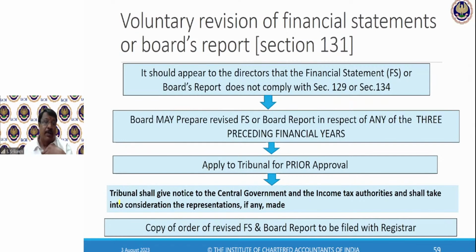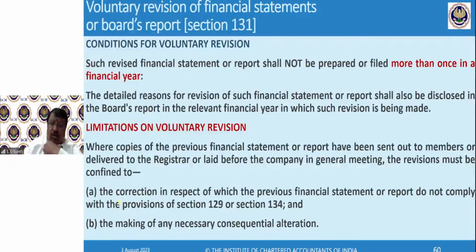Sometimes a capitalization issue could be there, in which case profit will go up. Or you might have capitalized something which should have been treated as revenue. You might want to push it into revenue, in which case income will come down. Nothing can be done unless you can revise the return, and you can't do that. Or you go to section 119, that is also not possible. They will not give it. But you are allowed to revise your accounts now. See, this is all meant for convenience only. It's not that every company will do it.